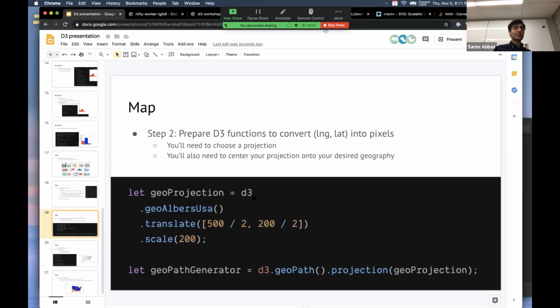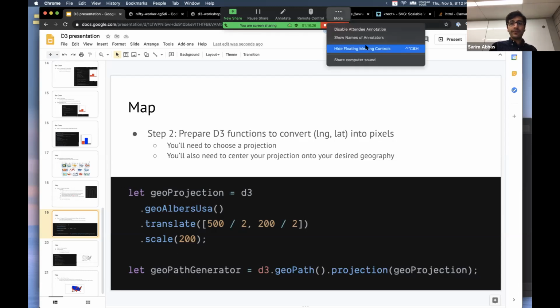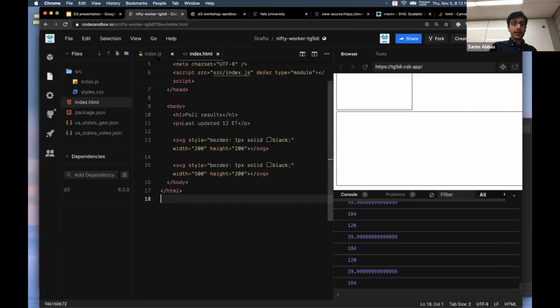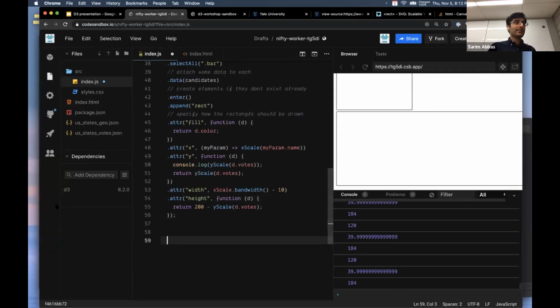We're going to configure that projection a bit. So we point our camera right at like what we want to see in that flat plane, which is the United States. And then we're going to create a path generator that just takes in some latitude, longitude, and spits out pixels. Very similar to X scale and Y scale, but we just name stuff a little differently. So in the interest of time, I'm going to copy these magic incantations into the chat and people can just